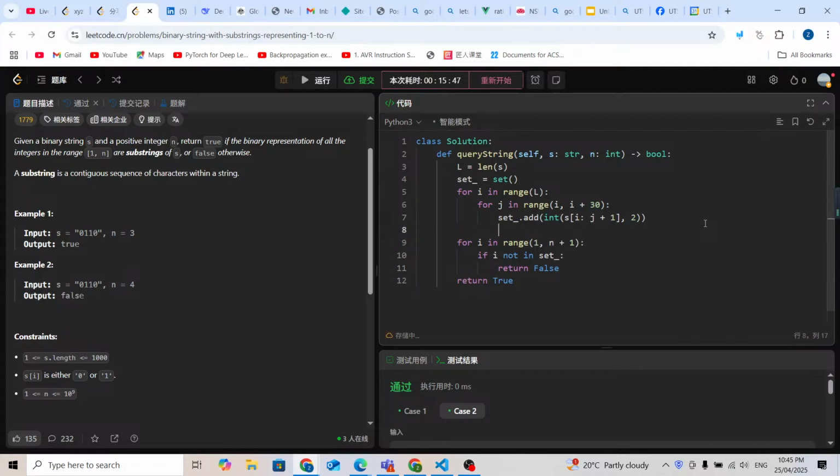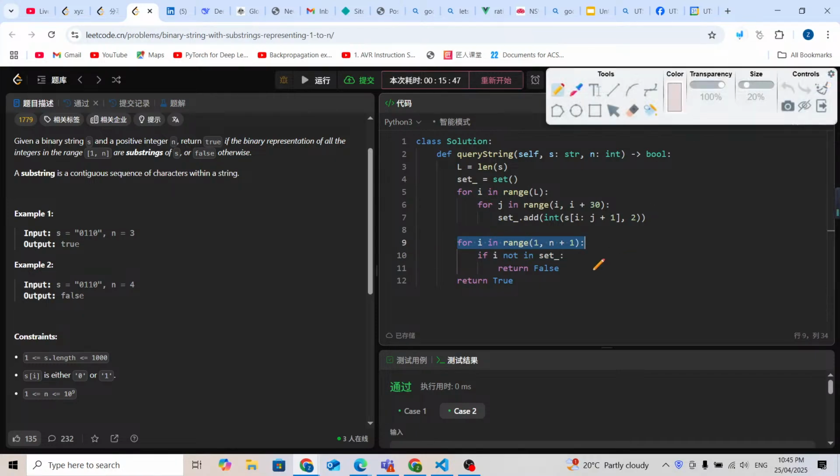Now we can clearly see the time complexity. It is dependent on n, but actually it is not n, because here this is just 1000 times 30. It is 10 to the power of 4. For the loop, you might think this is a really big value. Why can we use this? Because actually it's going to stop earlier. Definitely it's going to stop at around 10 to the power of 4, because there are going to be at most 1000 times 30,